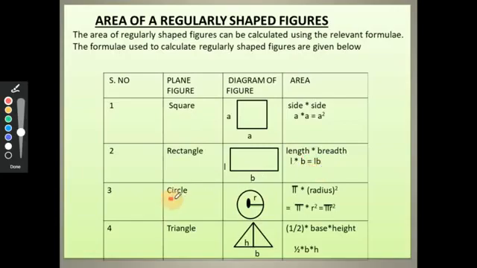To find the area of a circle with radius R, we have to multiply pi into radius square, which is equal to pi r square. So area of circle is equal to pi r². The value of pi will be 22 by 7. To find the area of a triangle, we have to multiply half into base into height. The base of the triangle into the height of the triangle. So area of triangle is equal to half into B into H.